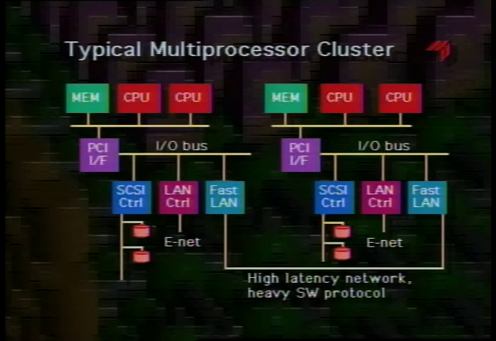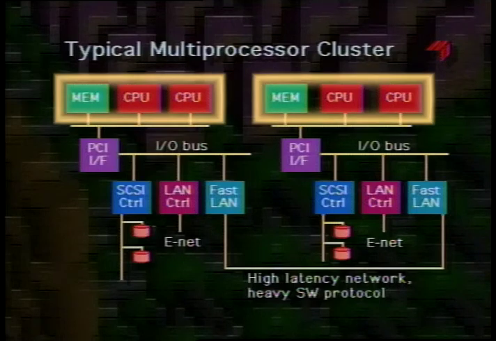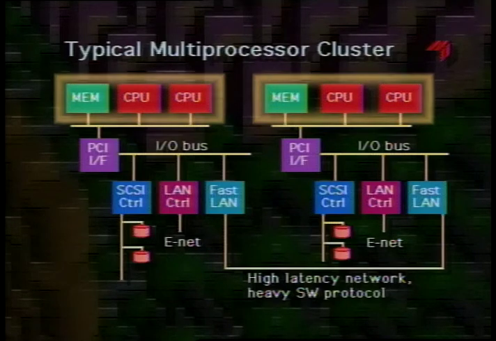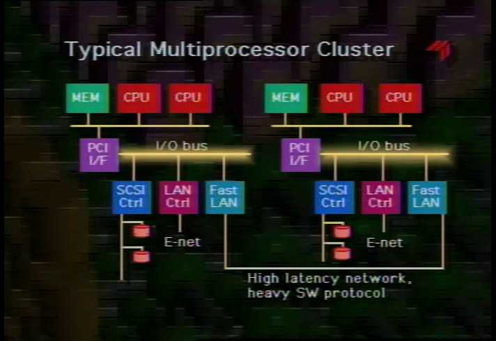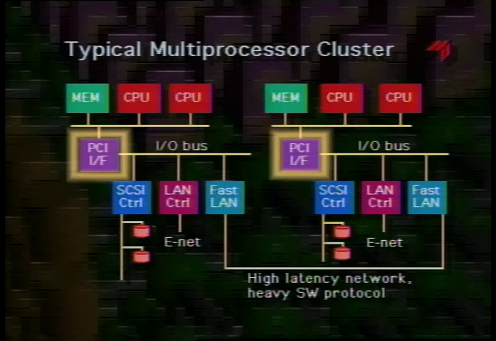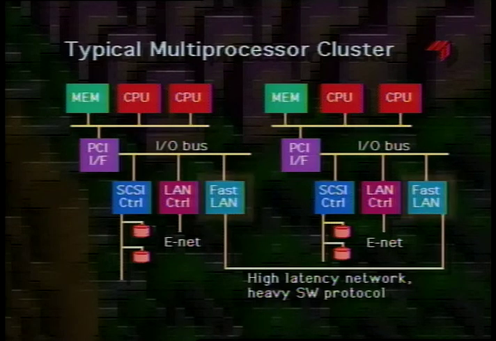This is a generic diagram that shows the basics of clustering as it's currently implemented in many of these systems. Here we see two multiprocessor systems. Each is a small shared memory multiprocessor with perhaps 2 or 4 processors each. These are connected to an I/O bus and then through a network interface card to a fast network that connects them to each other.